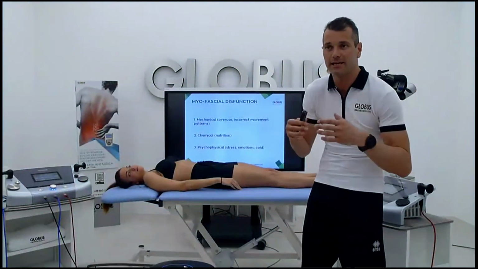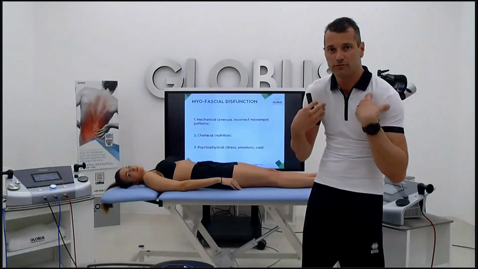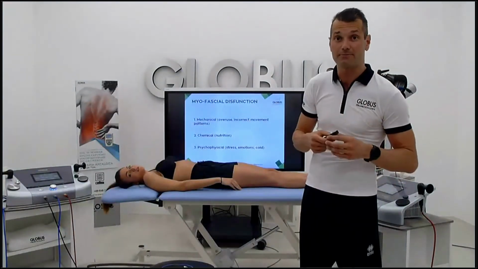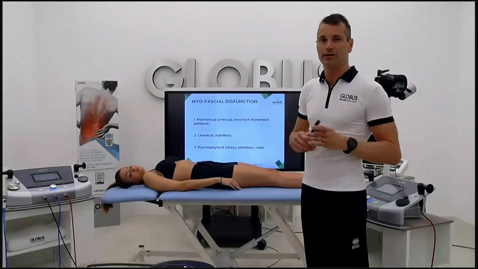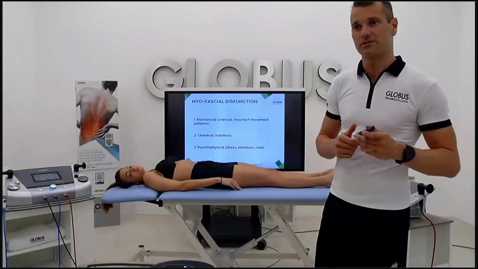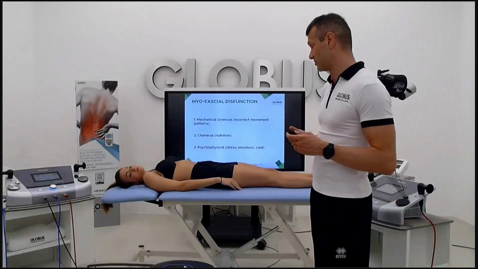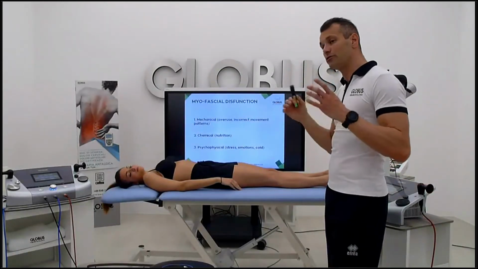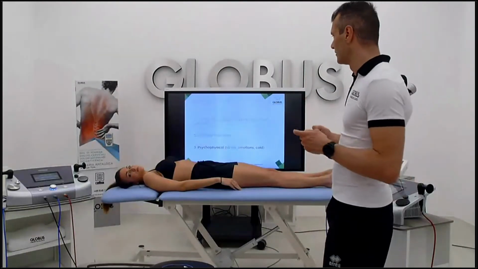Imagine someone who stays for a long time in a sitting position with the shoulder pushed forward. Maybe we will have a densification of the posterior part of the capsule. Later we will speak about that with the GIRD example, the glenohumeral internal rotation deficit. So we're going to treat this kind of dysfunction in a very easy way. So posture, chemical, mechanical, there are a lot of points that could really affect this tissue.